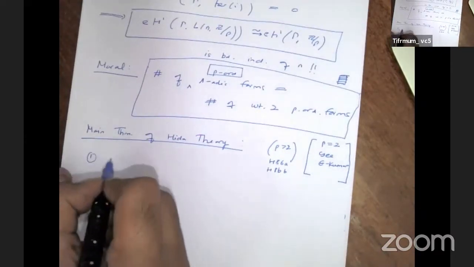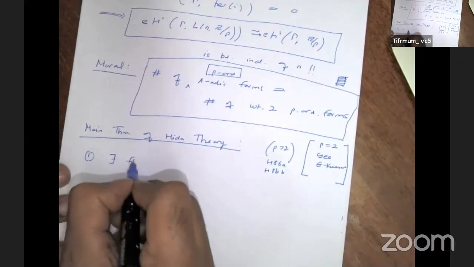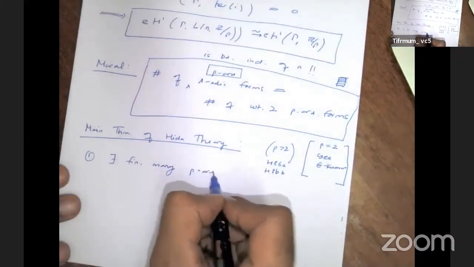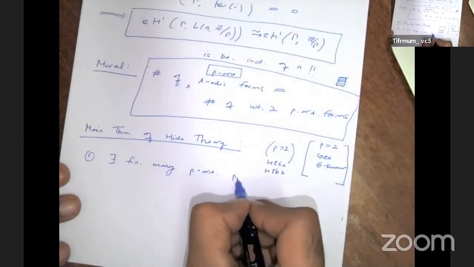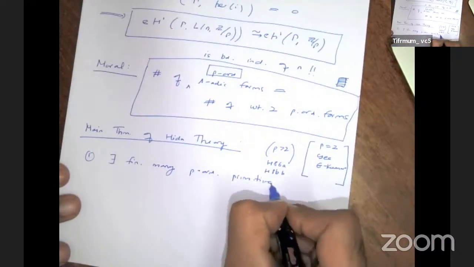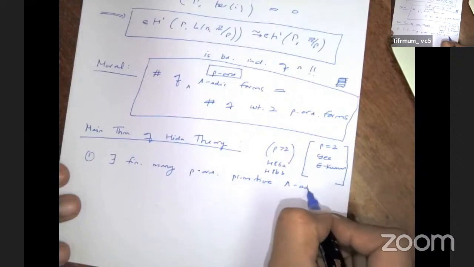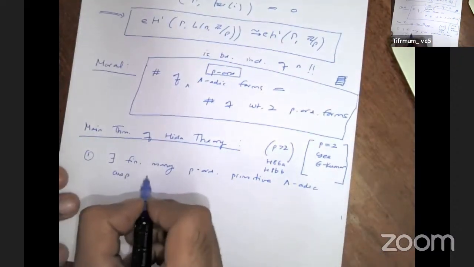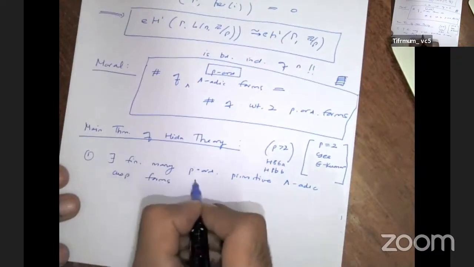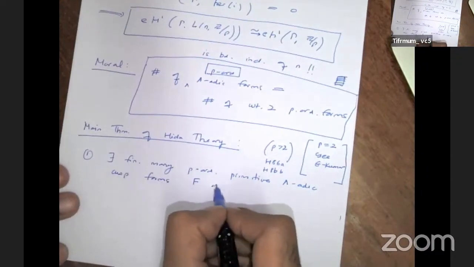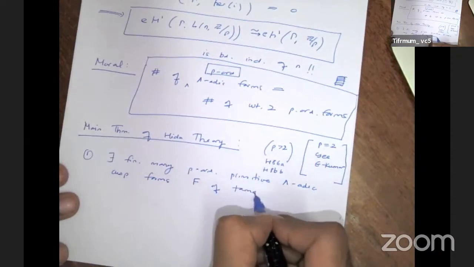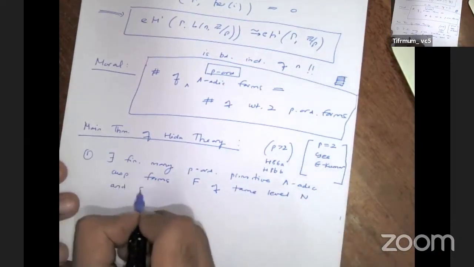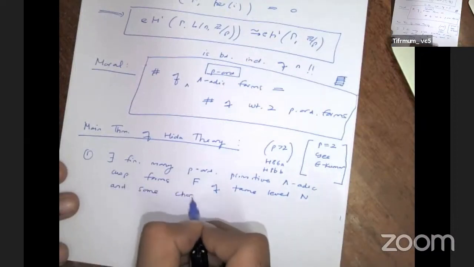So there exist finitely many p-ordinary, I just said this already, p-ordinary primitive Lambda-adic cusp forms. Let's work with cusp forms in this theorem, so you can drop the word cusp here. F of tame level N and some character psi. Second,